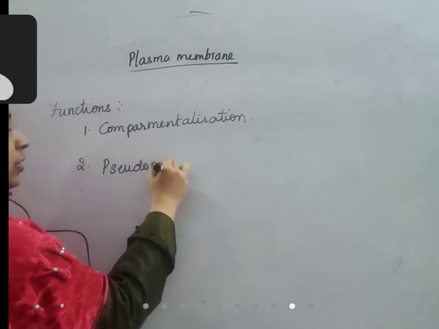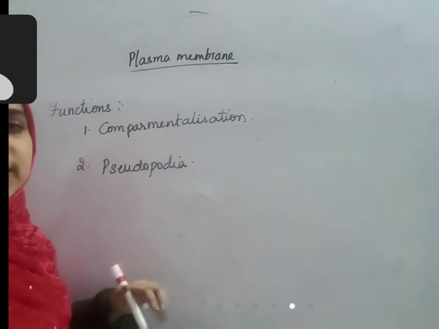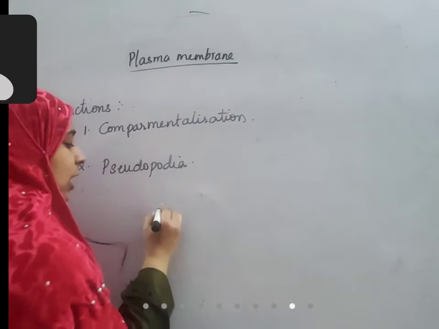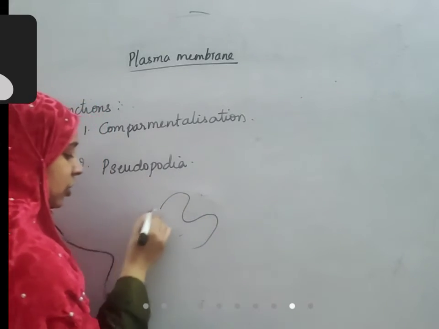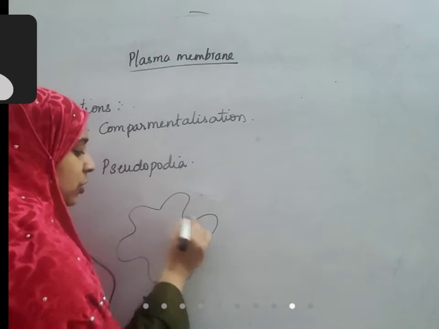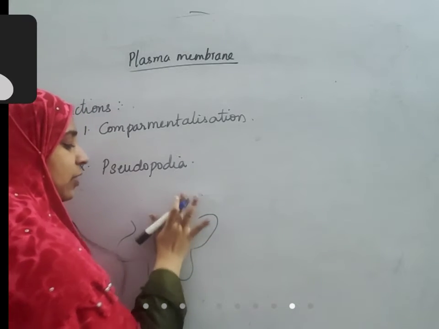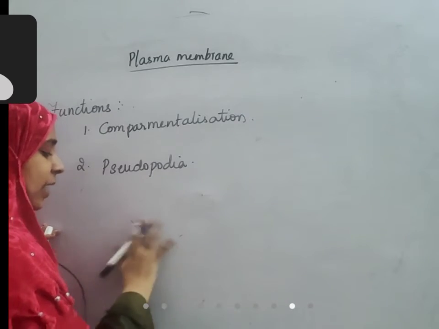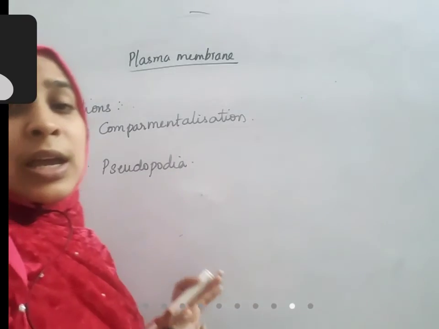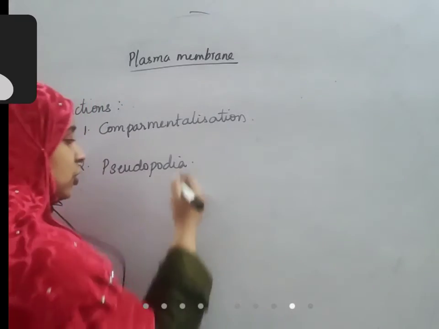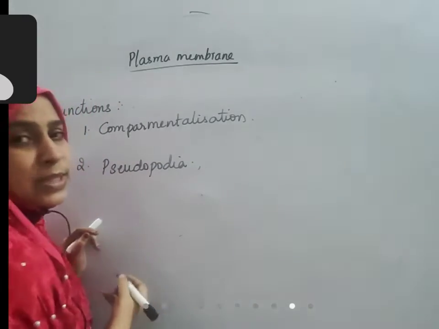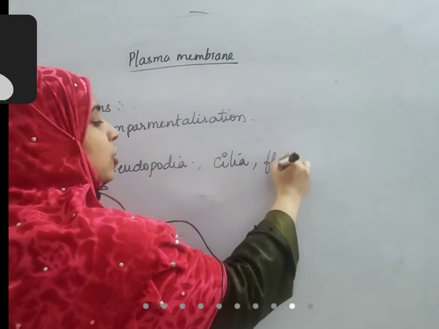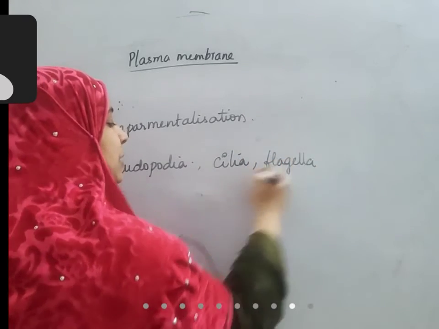In the case of amoeba or our white blood cells, sometimes. You know what pseudopodia are; it's not a new topic. The finger-like projections that form in the cell membrane are called pseudopodia. This helps to engulf particles and helps in nutrition. In our WBC, they help us to engulf pathogens, disease-causing microorganisms. Sometimes they form cilia and flagella also. In this way, they help in movement.